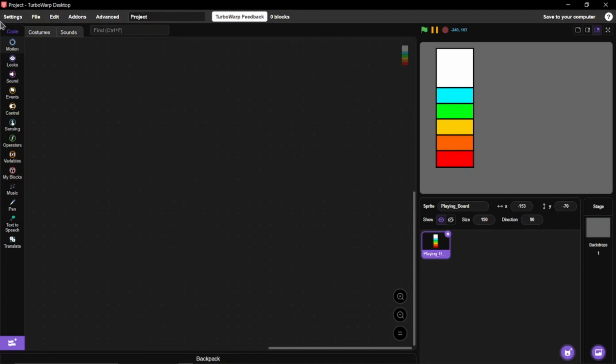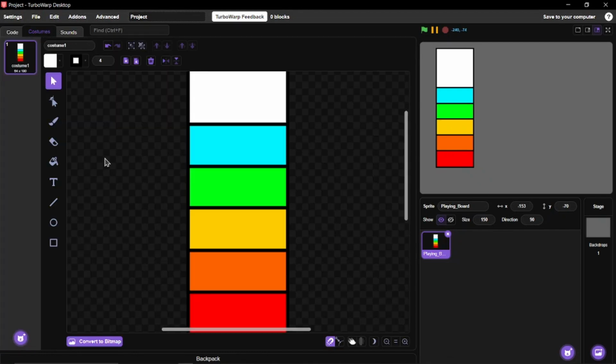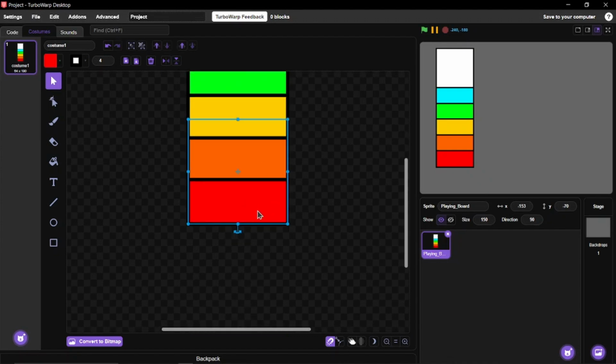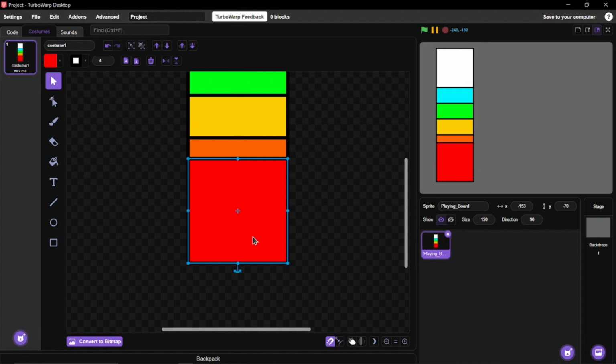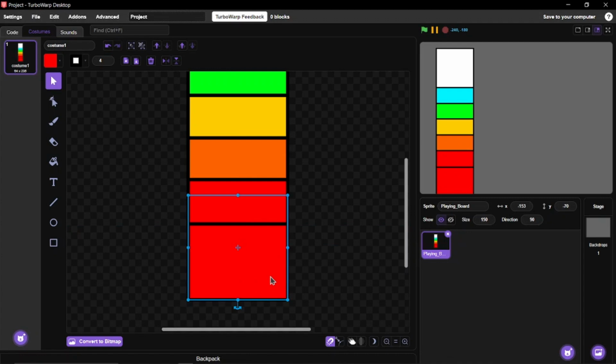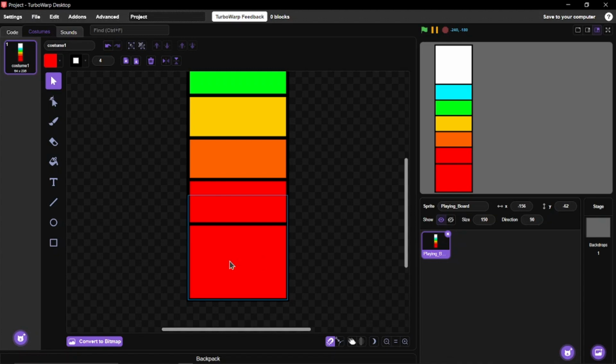Oh, one thing I forgot is we need to go back and push costumes, go back and make another square below that one. Let me put it to the back layer. So to put it to the back layer, you push these arrow keys here. So let's push this one with the lots of lines next to it, not the one with one line. One with lots of lines, then it will send it straight to the back. So I have this here. It's going to be bigger than the rest because this one right here will be